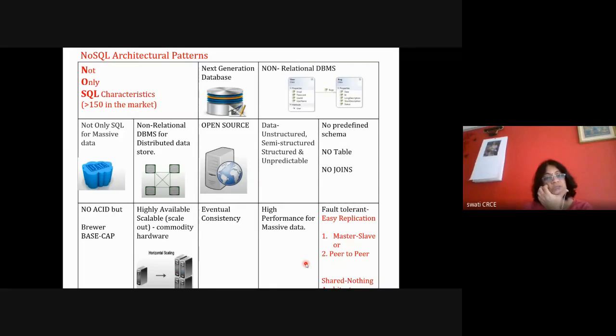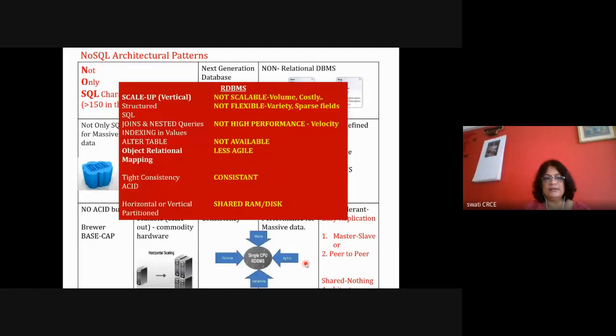So this was what I told you just now. You need to remember everything about NoSQL databases. If you remember this particular slide and the information in red along with this diagram, it's very easy to remember. So what we discussed is volume, velocity, variety, and agility, and how RDBMS fails and how NoSQL handles this.